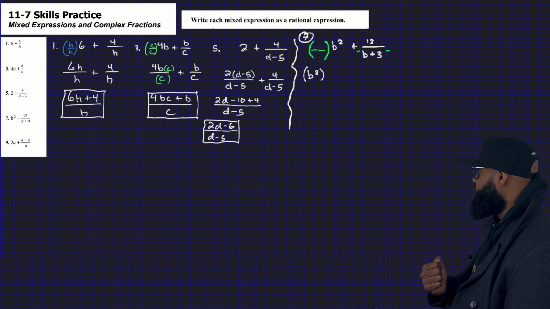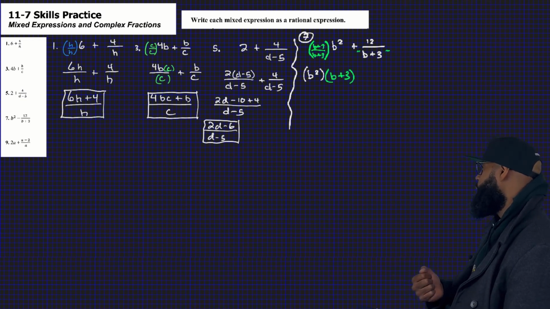There you go, b plus 3. So b plus 3 times the top, b squared, and b plus 3 times the bottom, invisible 1. So b squared times the quantity b plus 3 all over b plus 3